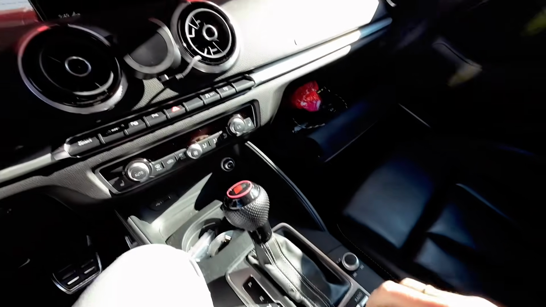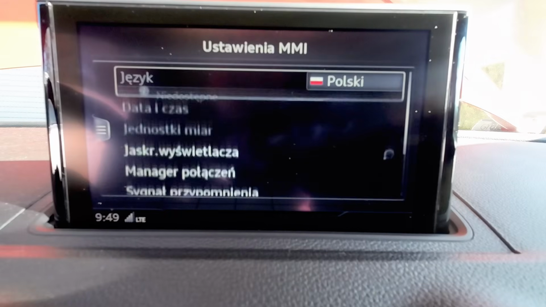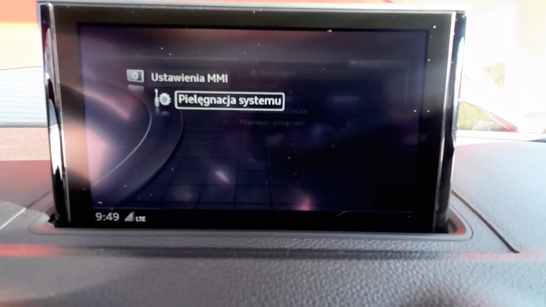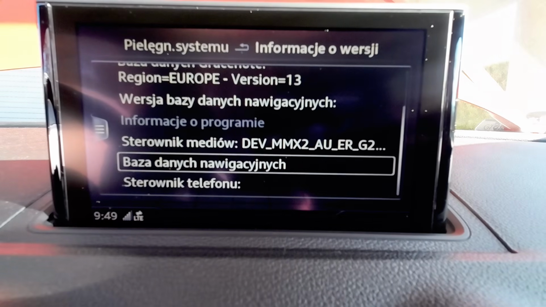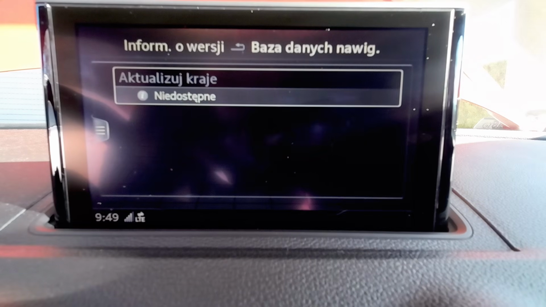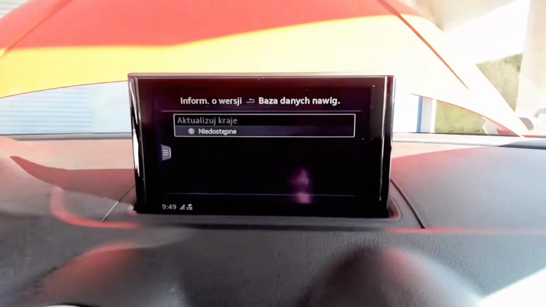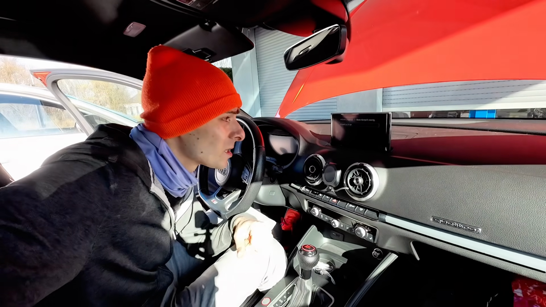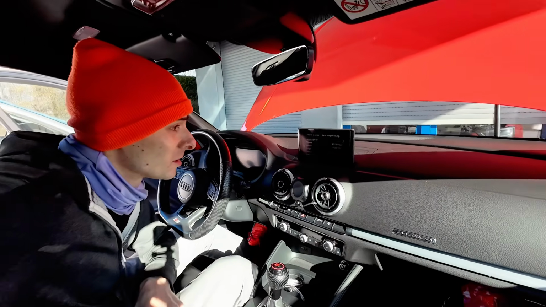So maybe let's go to menu, let's go to setup, left drawer, system maintenance, version information, navigation database information, and it's not available yet, so we are still waiting for it to be loaded. And I believe in a couple seconds we should see just the list of all the countries over here. Yep,